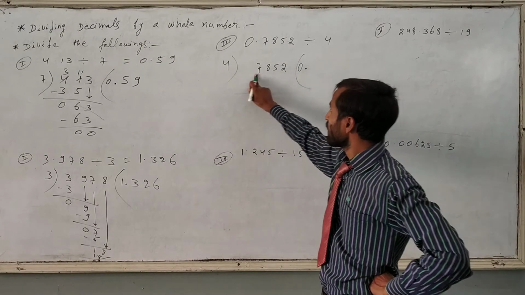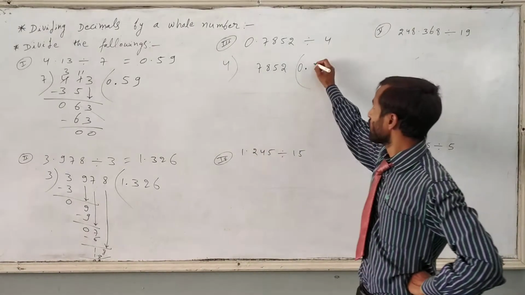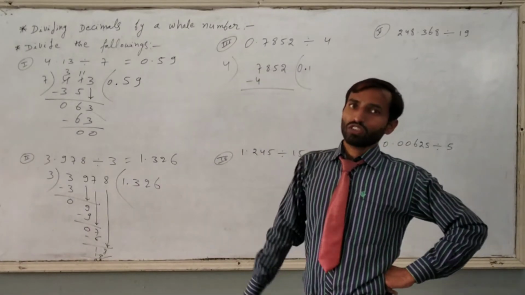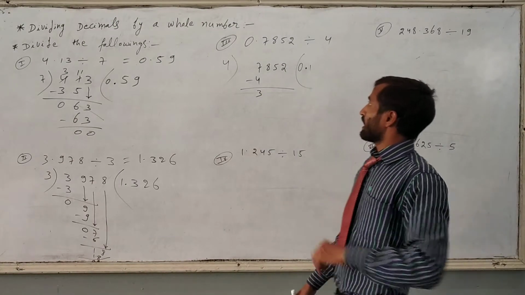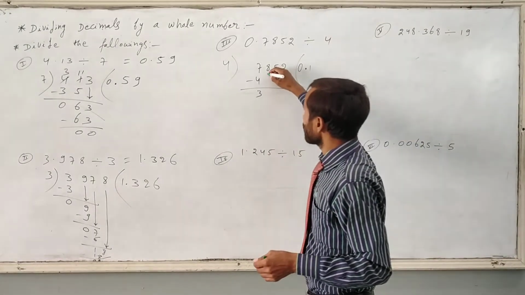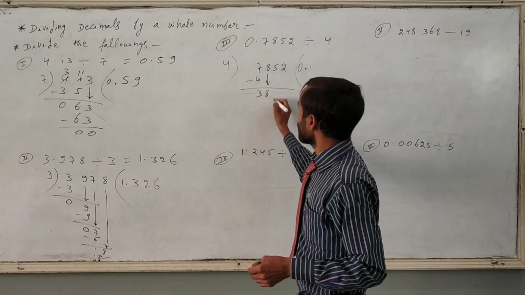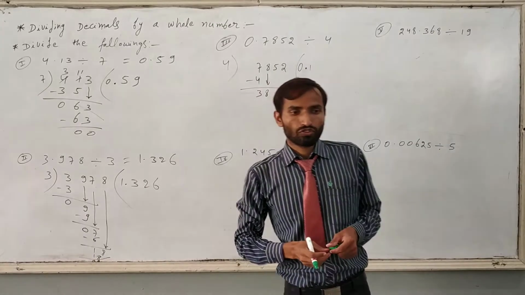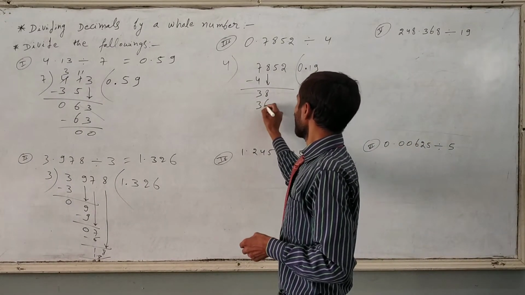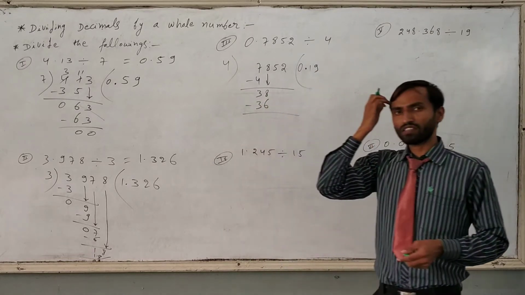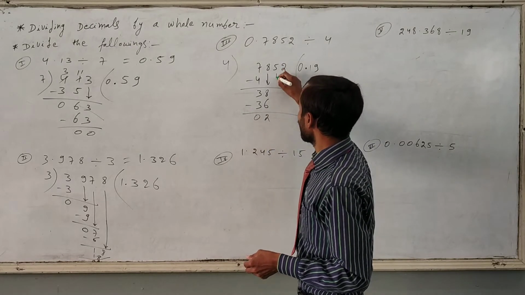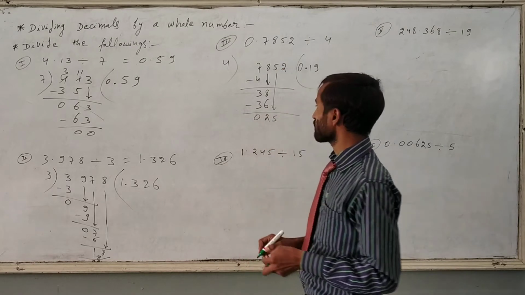Now we will divide 7 by 4. 4 ones are 4, so 1 time. Write down the 4 and subtract. 7 minus 4 is 3. Then 3 is less than 4, so it is not divisible. For that we write down this 8 below. Now we divide 38 by 4. 4 nines are 36. Now subtract 38 minus 36. So 2 will remain. Now write down here 5, the next digit.